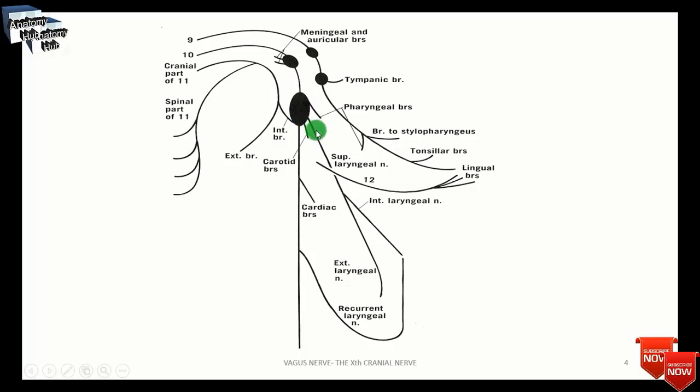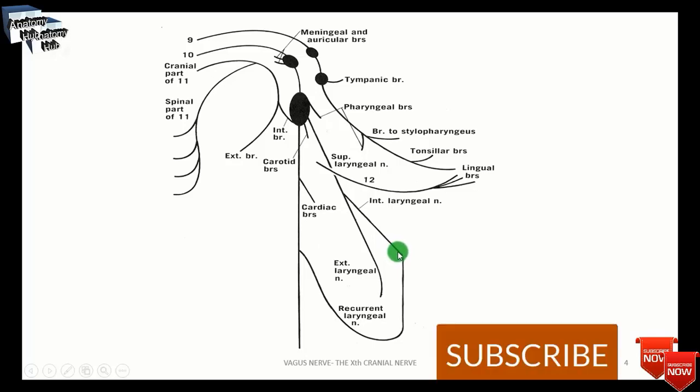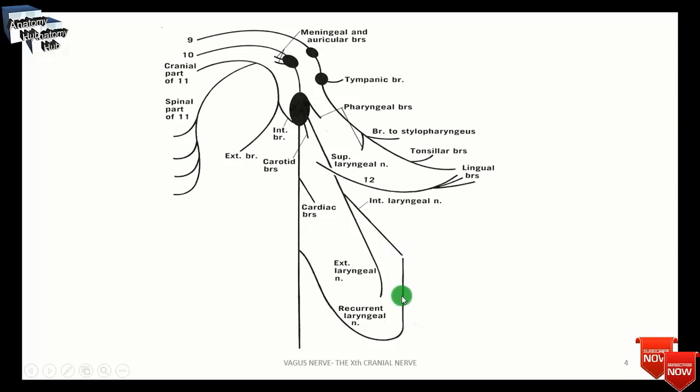The uvula should proceed backward in the median plane. The superior laryngeal nerve that you can see here descends along the side of the pharynx and divides into internal and external laryngeal nerves. The internal laryngeal nerve is afferent from the mucosa of the larynx superior to the vocal folds. The nerve pierces the thyroid membrane, divides into terminal branches and communicates with the recurrent laryngeal nerve, which you can see here, how they communicate with each other.